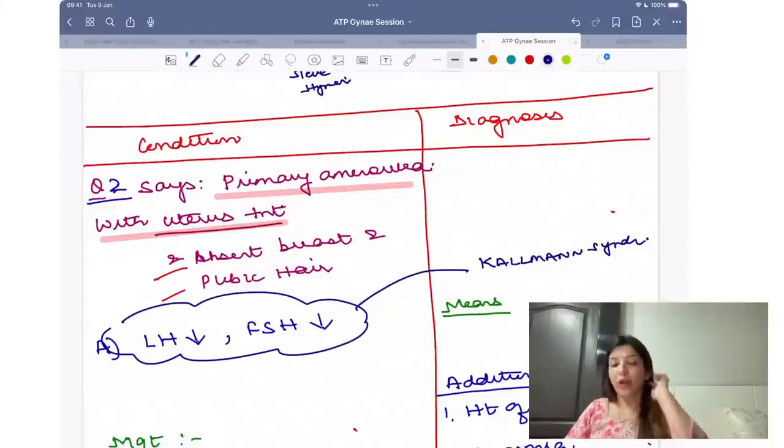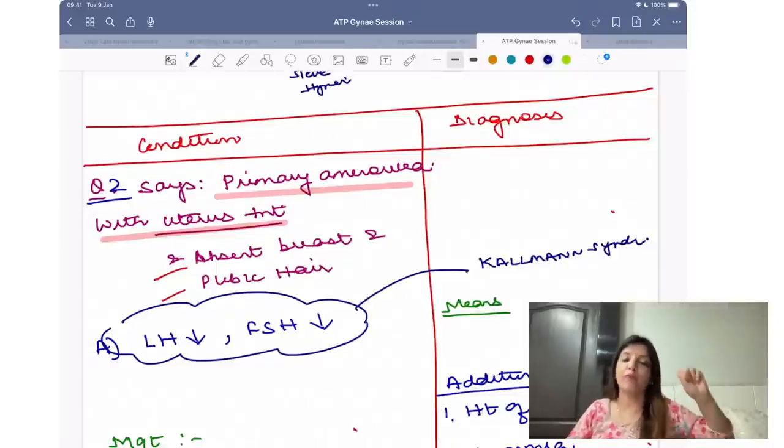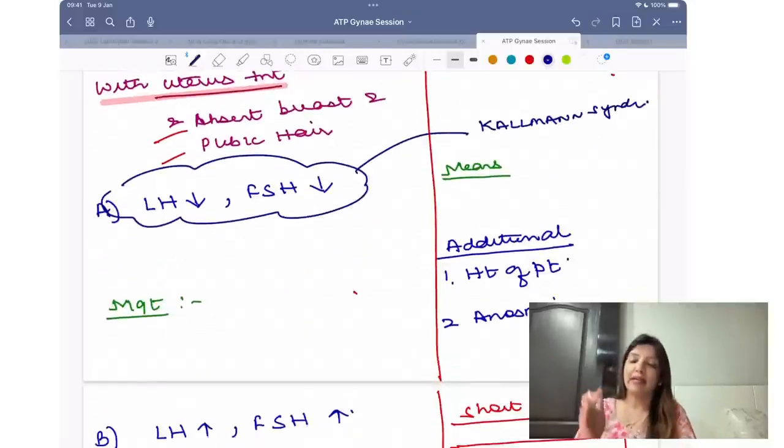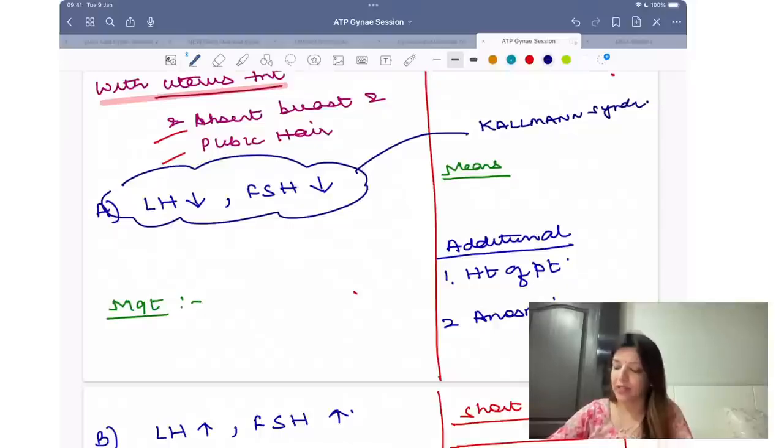Right? So when your question says that breast development absent, pubic hair absent, LH, FSH levels less, LH, FSH levels less means that there is a problem in the hypothalamus or a problem in the pituitary. And which problem of the hypothalamus can lead to primary amenorrhea? Kallmann syndrome. What do you understand by Kallmann syndrome? Kallmann syndrome means that there is